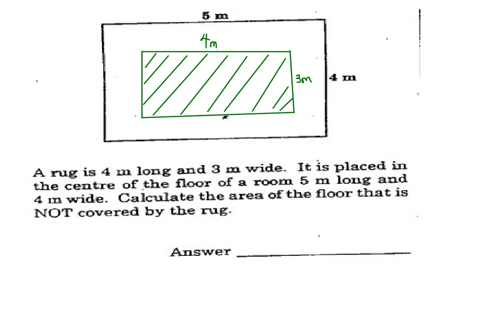What we have here is called a compound shape because we have a shape within a shape, right? So we could look at it as the rug covering this area here, and then these exposed portions we could break up into smaller rectangles and then work out that area, or we could go the simple way,